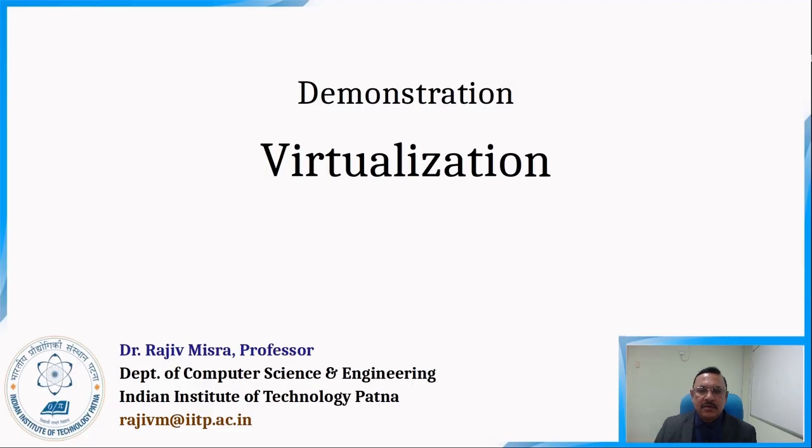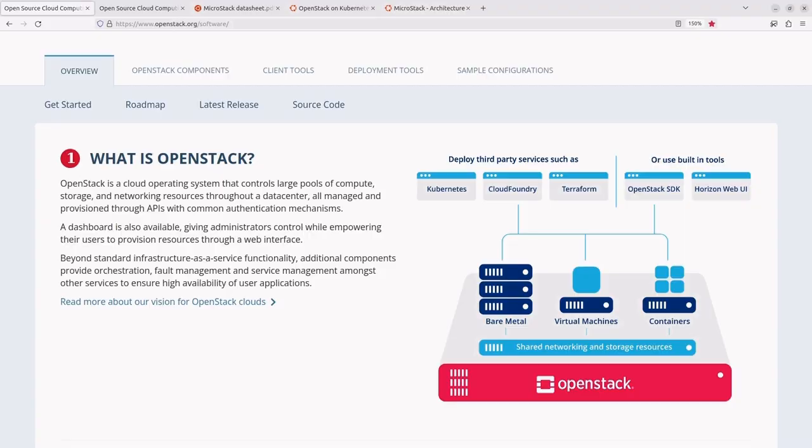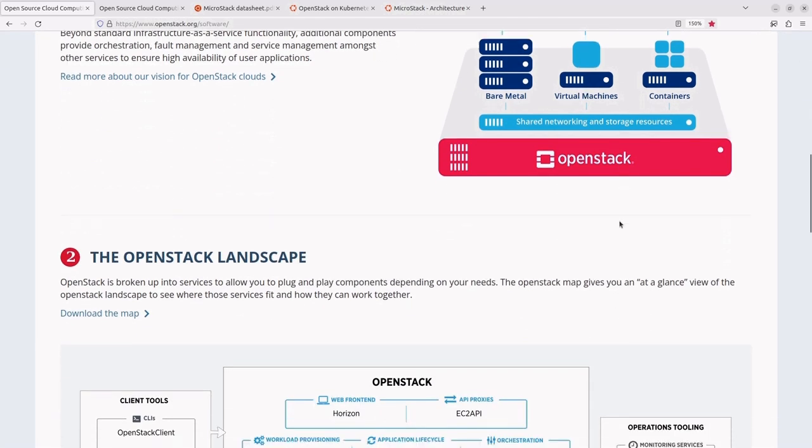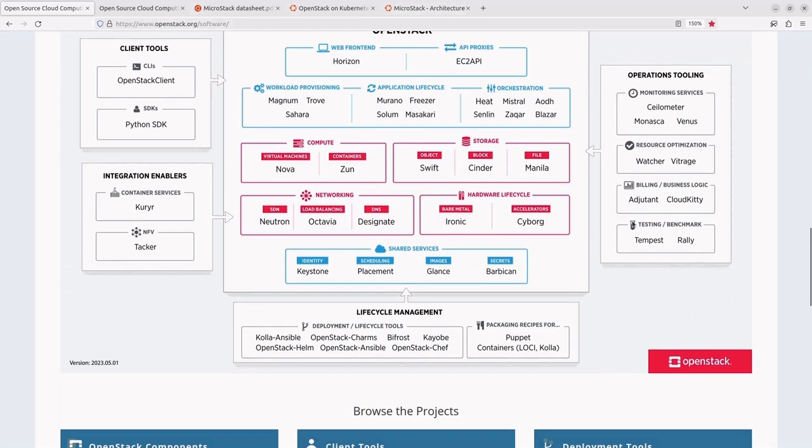Now we will see the demonstration on virtualization. OpenStack is a well-known and widely used open source platform for cloud deployments. It consists of an extensive set of software tools that help to deploy and manage cloud services on physical infrastructure. Now, looking at a brief overview of the OpenStack landscape,